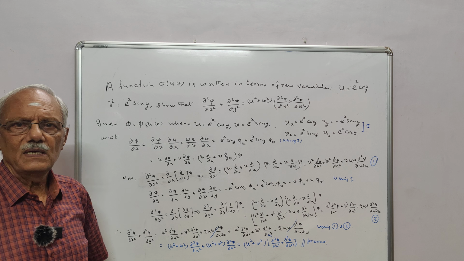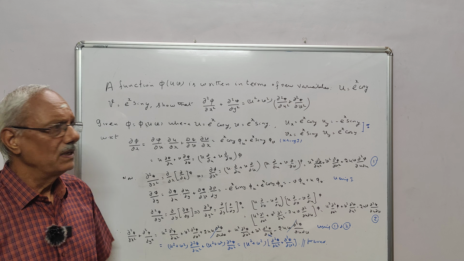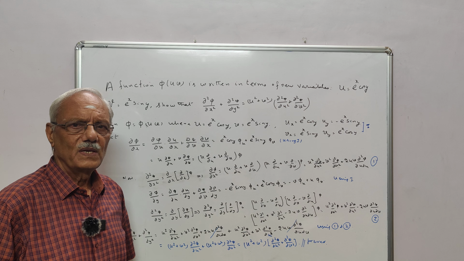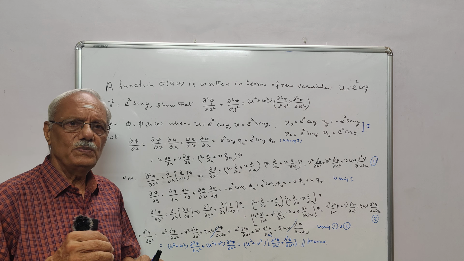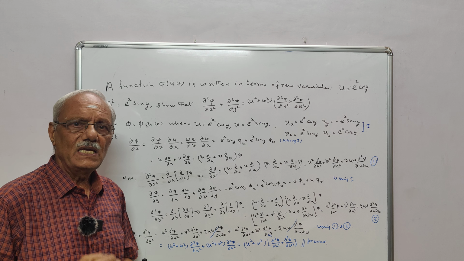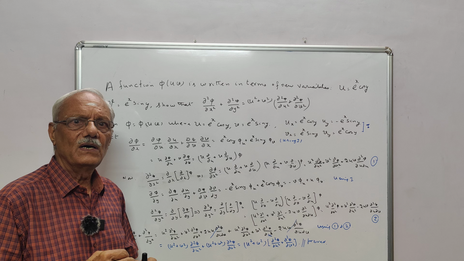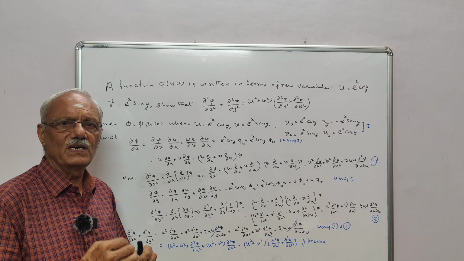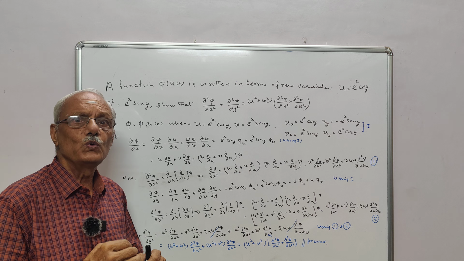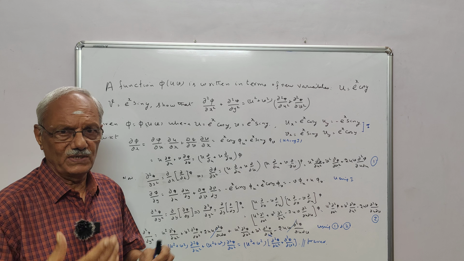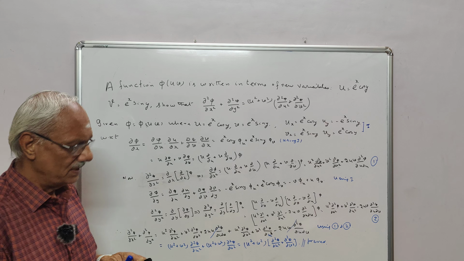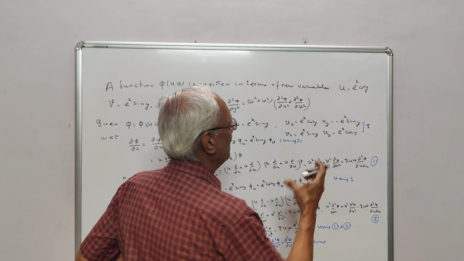Today let me explain a problem in functions of several variables. A function is said to be a function of several variables if the dependent variable depends on two or more independent variables. What I mean is, say for example, if I write